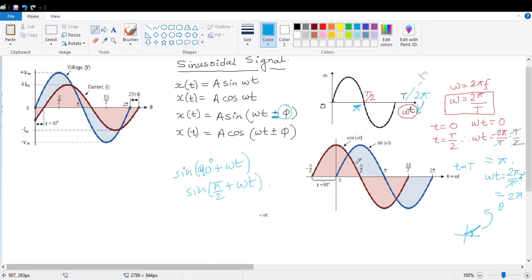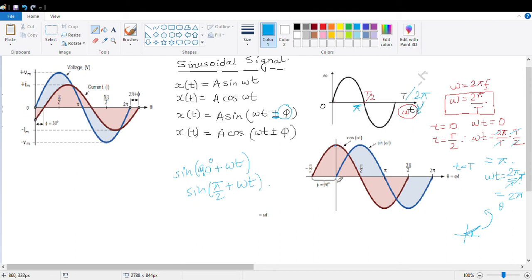What do you find? You find that at t equal to 0, you are getting the value sine pi by 2, which means 1. That means this magnitude is maximum. In a sinusoid, this value is 0 here. So where the value started for the cosine form, it has a maximum peak. So this signal is the cosine signal, which is actually 90 degrees ahead of a sine signal.